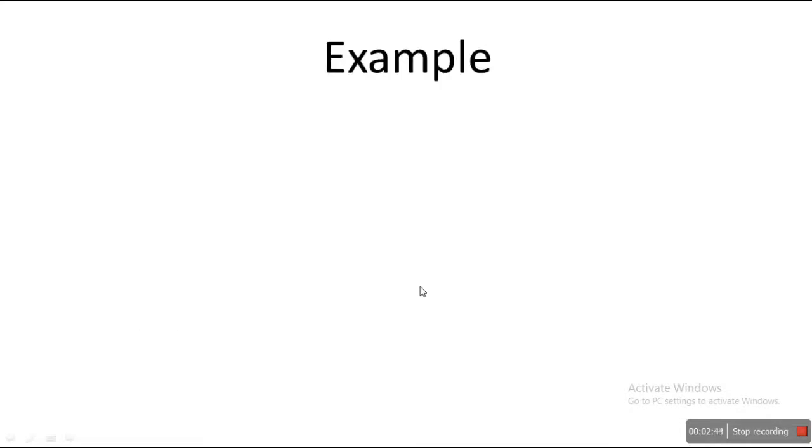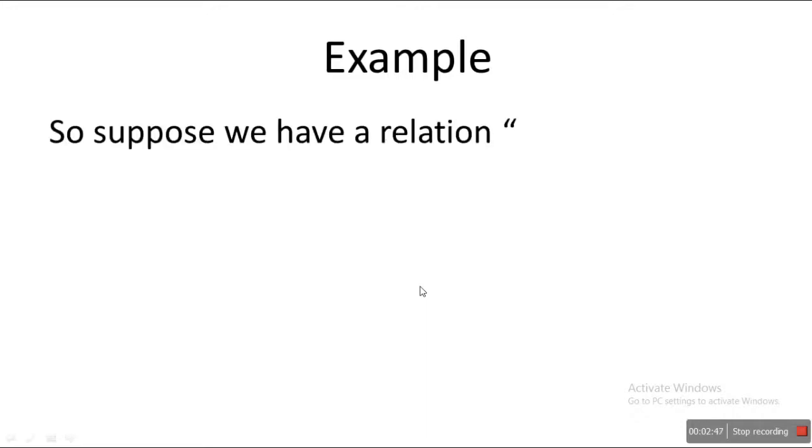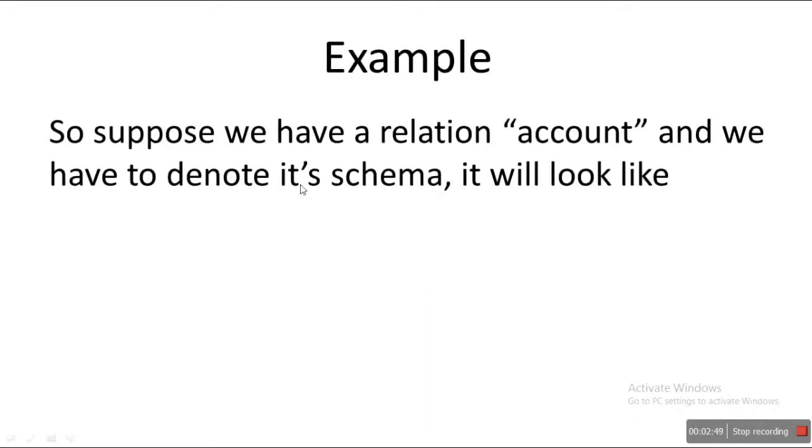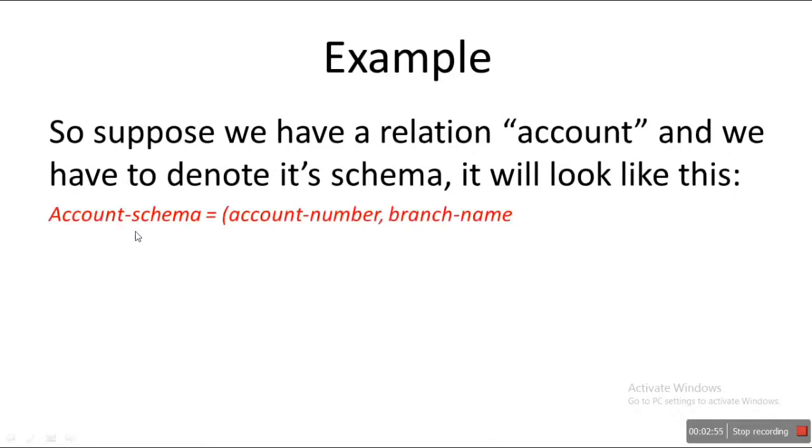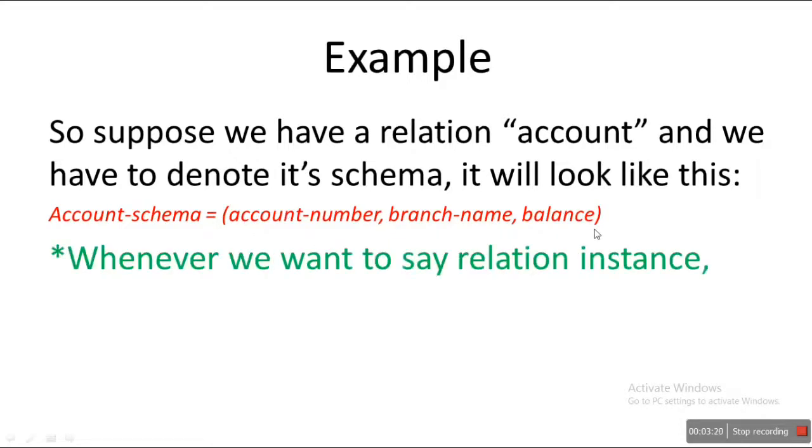Alright. Now we'll look at an example for the naming convention. Let's say we have to write a relation account and we have to denote its schema, that is, account schema. It will look somewhat like this. We have got Account schema. Now as you can see over here, in account schema, the A is capital and all the other letters are small. So this is how we write a type definition or a schema. Whereas account number, branch number and balance are all variables, and our instance, or relation instance, is a variable, so we write it all in small letters. Alright. So this was the example for the naming convention of relation schema.